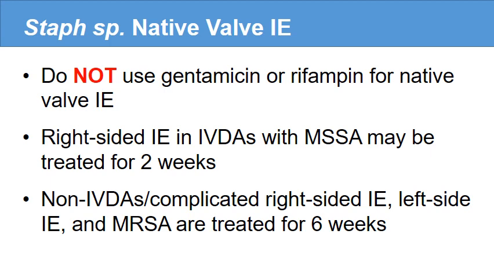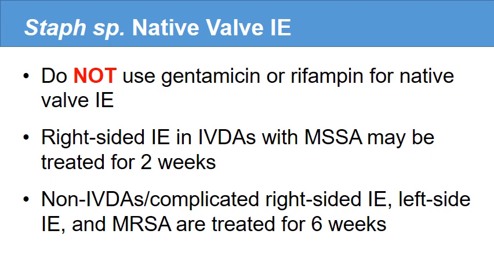Now, as I said, the right-sided infective endocarditis is the easier of the two to treat, and if you do see right-sided infective endocarditis in an intravenous drug abuser, and the Staph aureus is susceptible to methicillin, which means you can use beta-lactams, if those patients don't have things like mitral valve involvement, if there hasn't been infection that spread past the heart, being pumped through the bloodstream, they don't have meningitis, they don't have issues with pulmonary circulation, and again, they don't have methicillin resistance, those would be patients that potentially qualify for an abridged 2-week